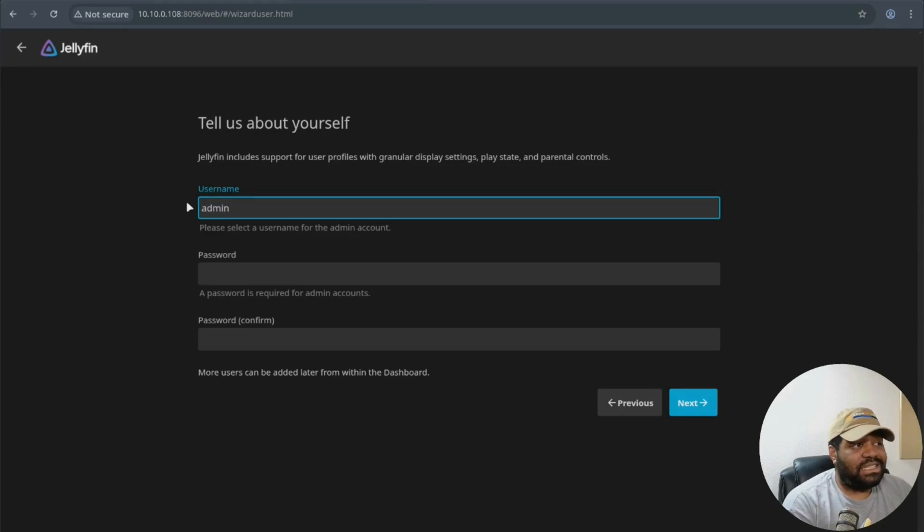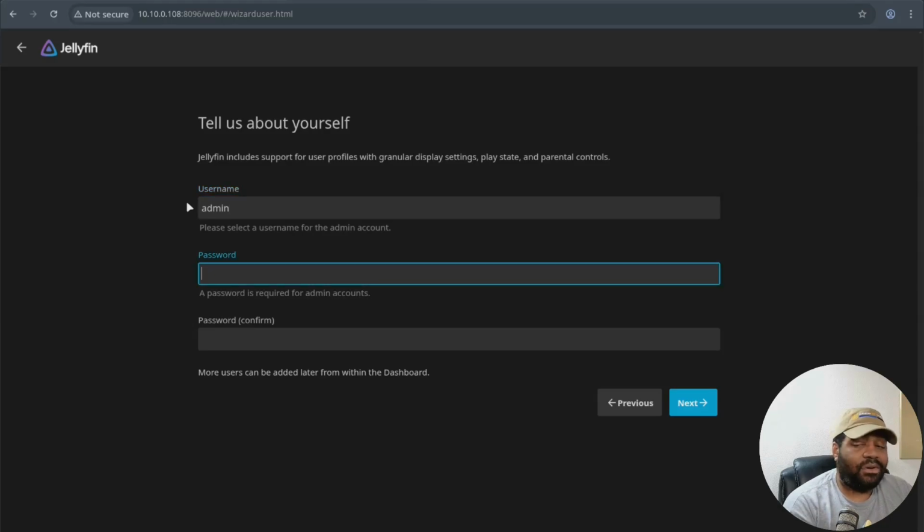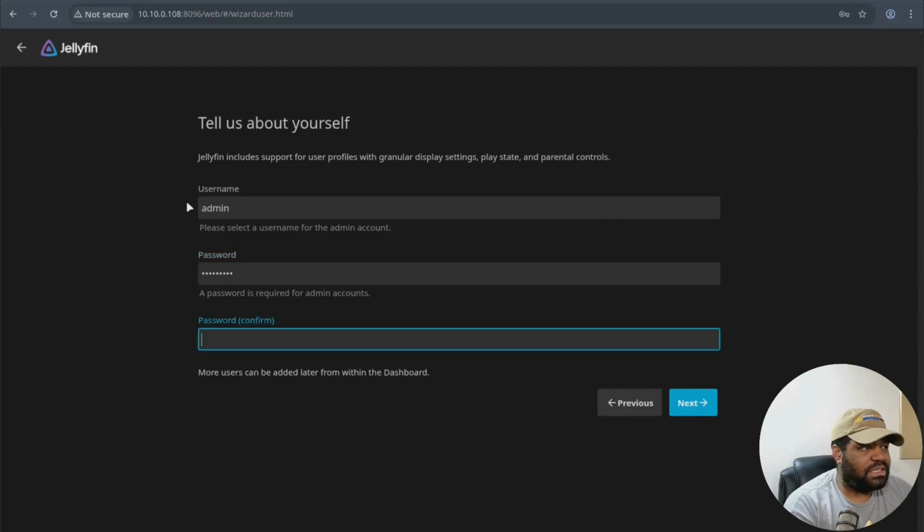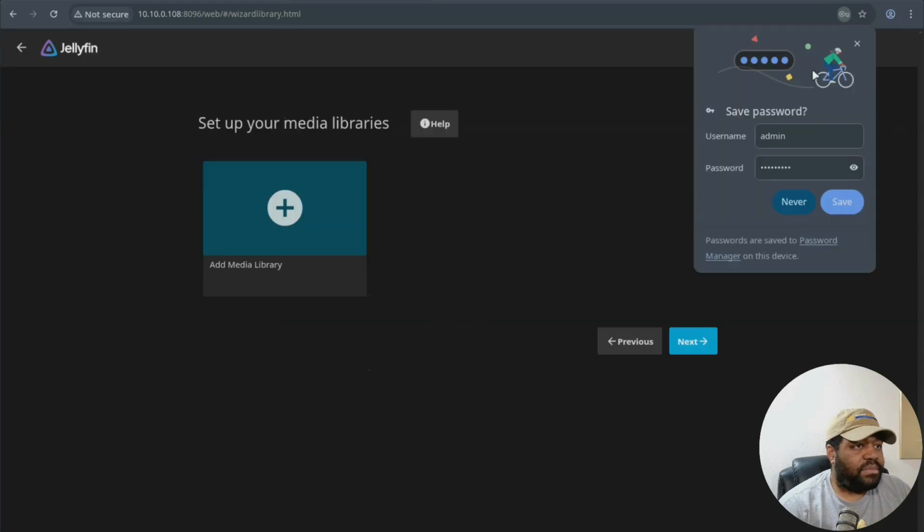So I always change it to admin whenever I set it up. I don't know, I just like admin. It sounds better, or it looks better, and I can remember it. I don't like root for some reason on these websites. So admin sounds, I don't know, a little bit better for me. It's uniform. So set up your admin account password, type it in twice, hit next,